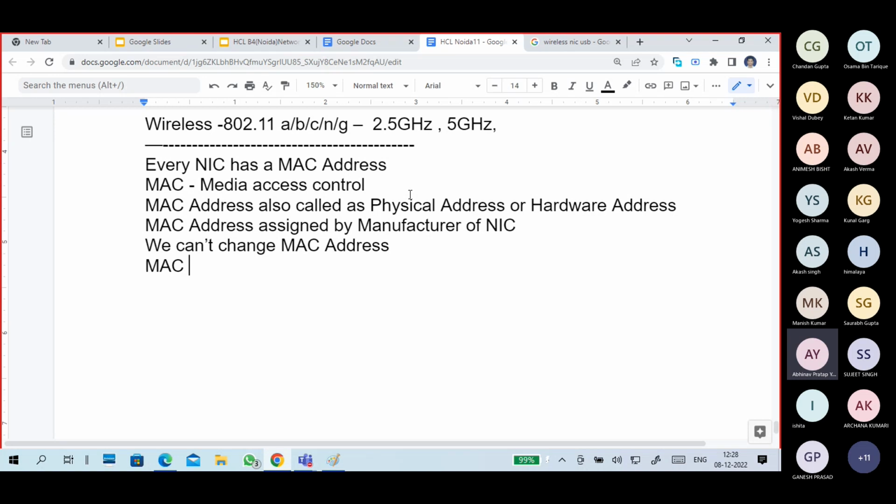So we'll come to this MAC address part, guys. Again, a MAC address is 48 bits in binary. In binary, it is 48 bits in size, or we can say it is represented in 12 hexadecimal digits. Okay, it is 12 hexadecimals. Example,